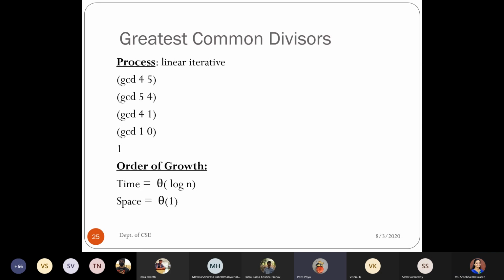For the previous ones, like factorial 6, the space was exactly dependent on n. But here it is varying, no, ma'am. We are not even sure that it is definitely log n. It can be small or bigger. When something is varying, definitely we cannot put it as constant, no, ma'am. But if you see the space part, how many ever times you are calling the procedure, it requires only 2 space.